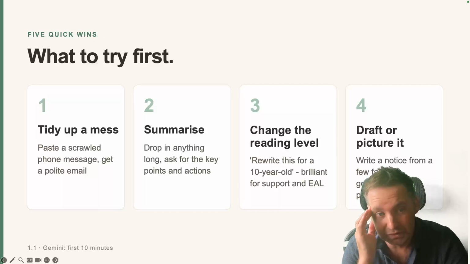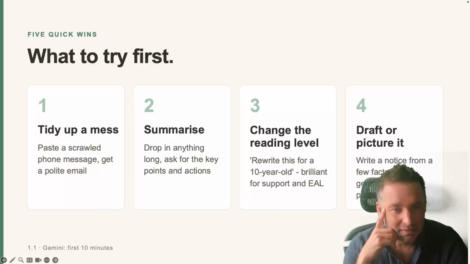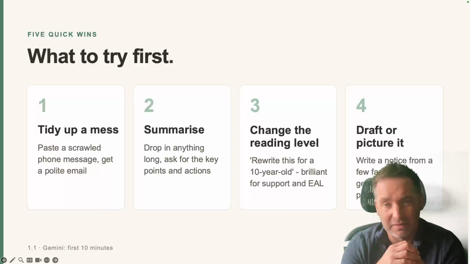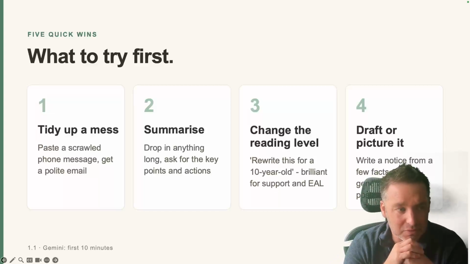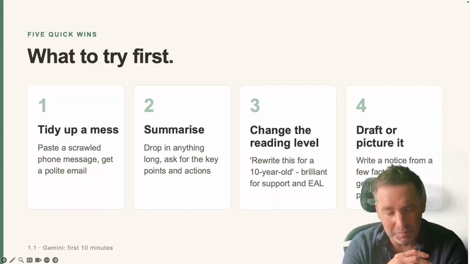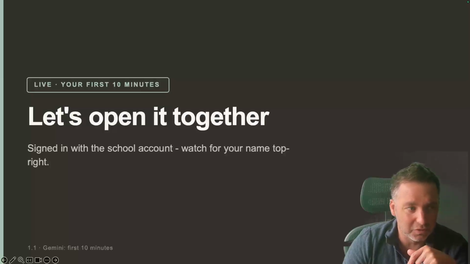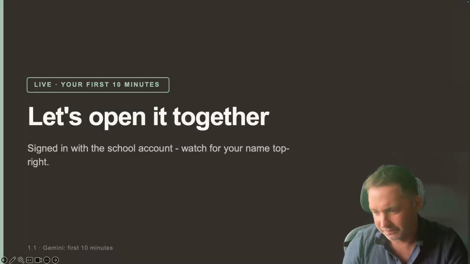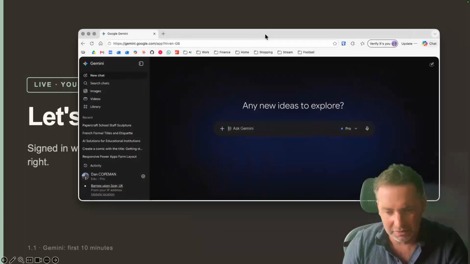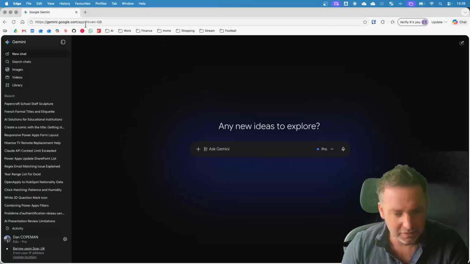So what to try if you've not used it before, try things like getting it to generate a simple picture, changing the reading level of text is really useful, summarizing, tidying up a mess, things like that, like I've said in other videos. So to do it together, what you need to do is you need to go to